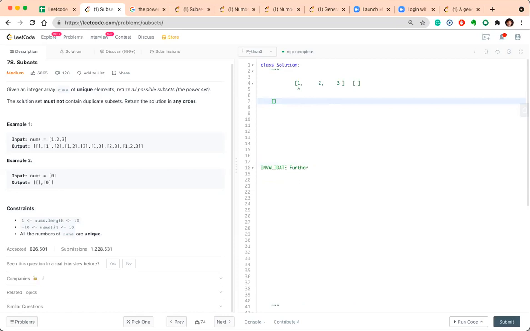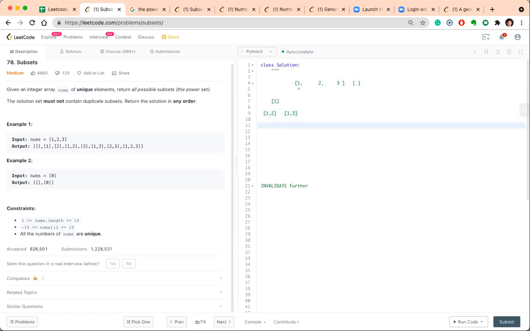Sure. As Satyajit is saying, let's say we are pointing our pointer to this one, for the first place we will pick 1. Once we have picked 1, now we have 2 choices. For the second place, we can pick either 2 or 3. Since the first place is already gone on this path, we will only be choosing for the second place. So for the second place we choose 2 or we choose 3.